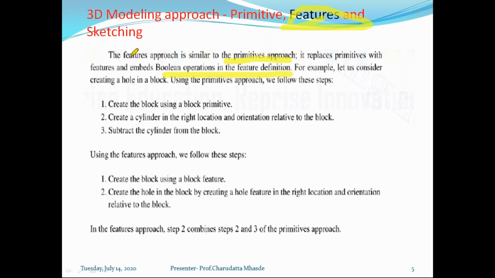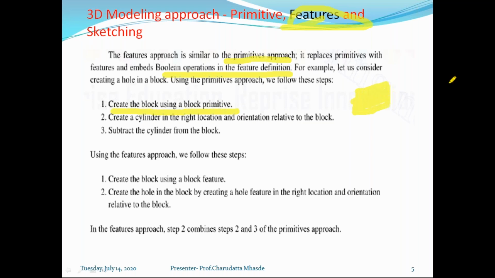Meaning what? There are various features available in 3D modeling software: features like hole, fillet, array, radius. All these features can be added on the primitive component, and we can create the model. So here you can see, create the block. Once you have created a block, you can consider it any rectangular shape that is created.